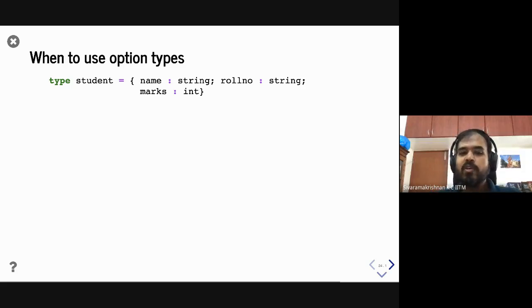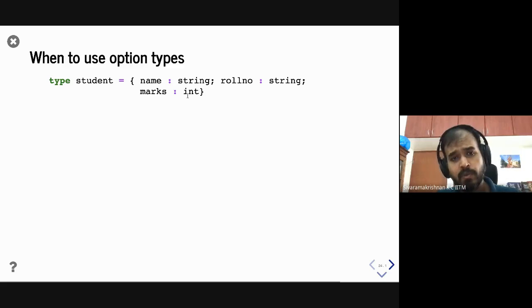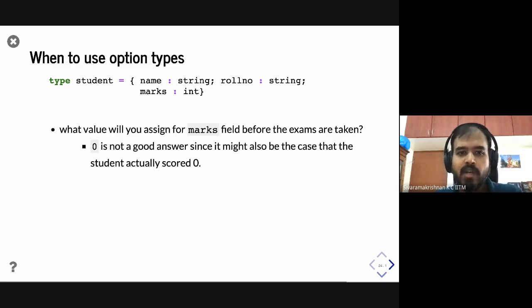So when do you actually use option types? Here is a very simple example. Suppose we are modeling student information as records. You can think about the whole database as a list of these student records. Each student has a name, which is a string, a roll number, which is also a string, and final marks, which is an integer. So this particular schema looks fine, but